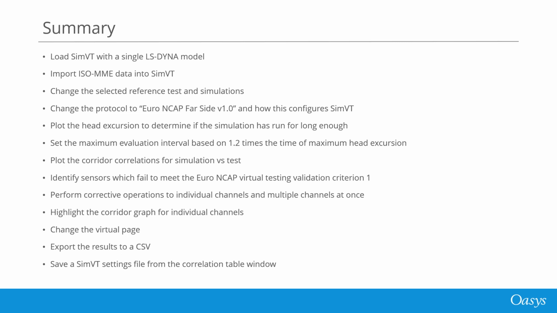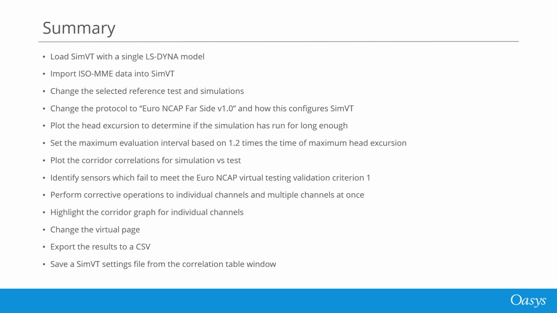In summary, I showed you how to load SimVT with a single LS-DYNA model, how you can import ISO-MME data into SimVT, how to change the selected reference test and simulations, how you can change the protocol to EuroNCAP Farside V1 and how this configures SimVT, how to plot the head excursion to determine if the simulation has run for long enough, and how to set the maximum evaluation interval based on 1.2 times the time of maximum head excursion, how to plot the corridor correlations for simulation versus test,